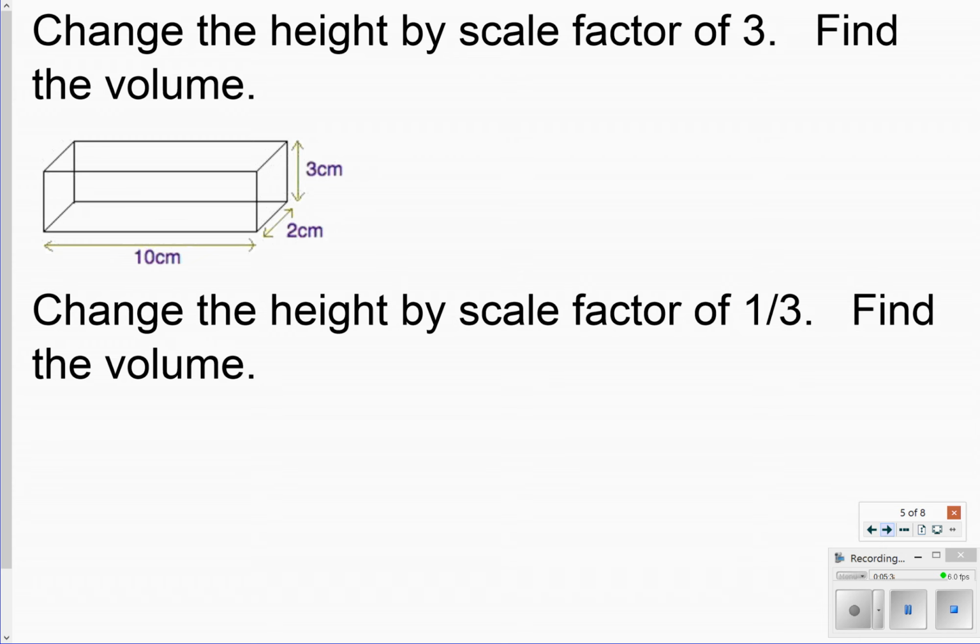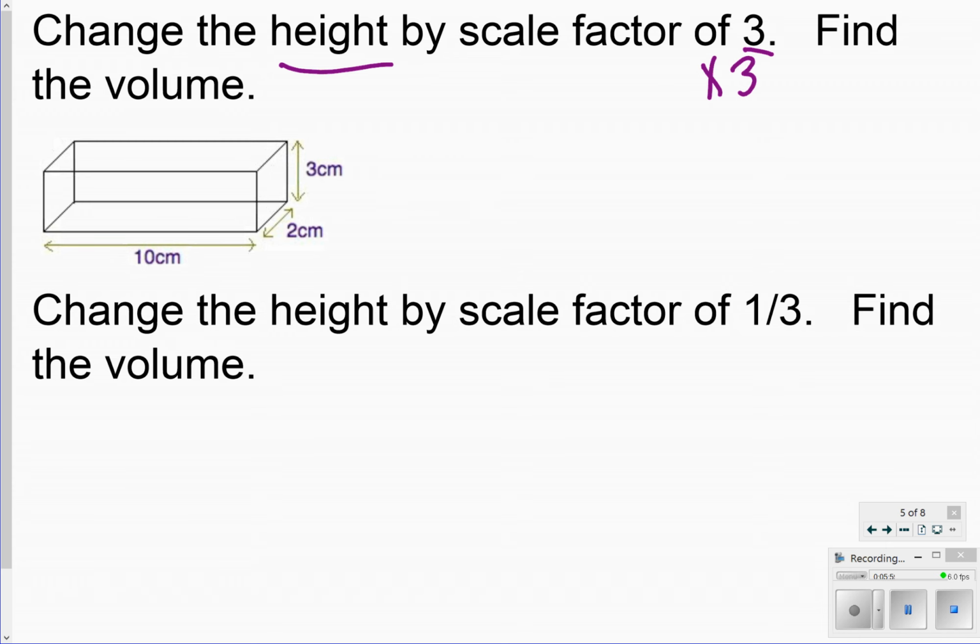Well, let's look at another one. Let's do some more practice. And this time, maybe you want to use your whiteboard or a separate piece of paper. So let's see what's going to happen. We're going to change the height. So we're looking at the height, and we want to do it by a scale factor of 3. Since that's greater than 1, that means we're going to multiply by 3, and we want to find the